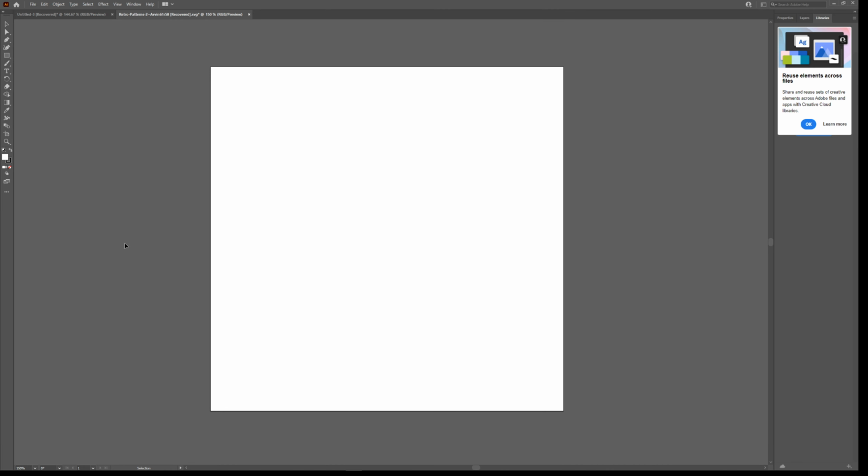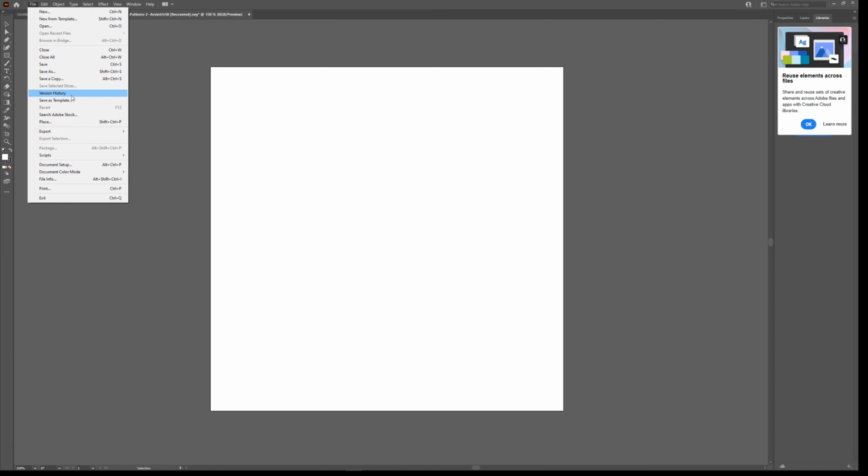Okay, so right now I have Adobe Illustrator open, and I believe for this technique you could use any software that will convert a bitmap to an SVG. This will just allow us to get a nice, better line. So what we're going to do,